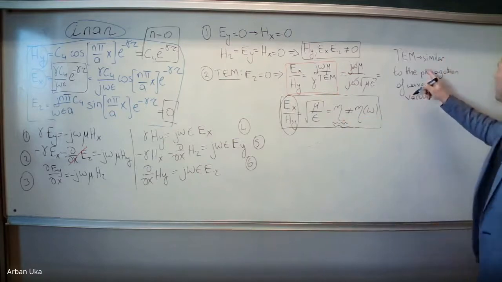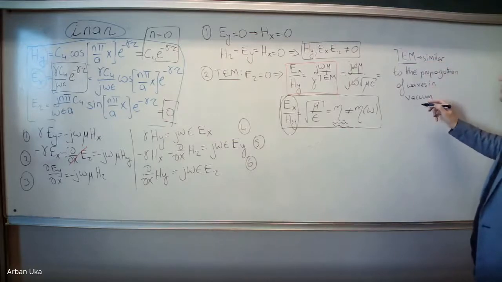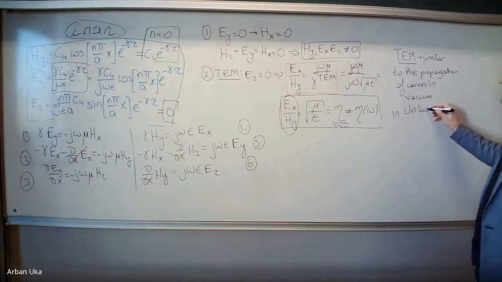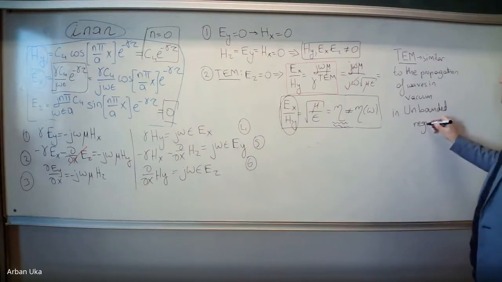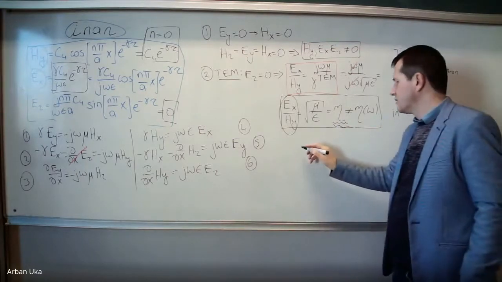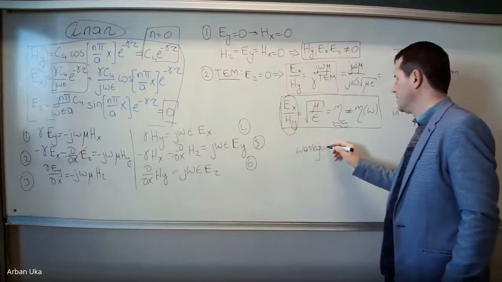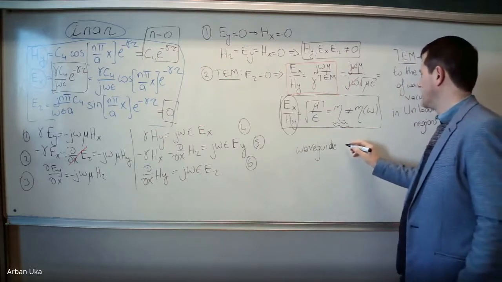So TEM in a waveguide is similar to the propagation of waves in vacuum or in unbounded regions. And why is this the case? Because in a waveguide, the propagation depends